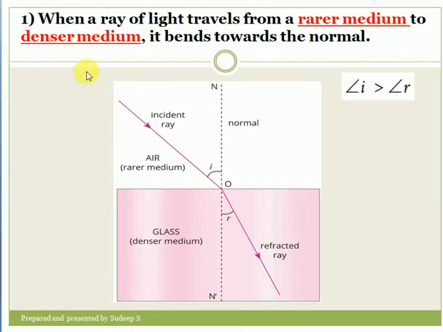We'll go through some cases of bending of light. What is the angle of incidence or angle of refraction? ऐसे केस में क्या रहेगा? So first case is when a ray of light travels from a rarer medium to a denser medium, it bends towards